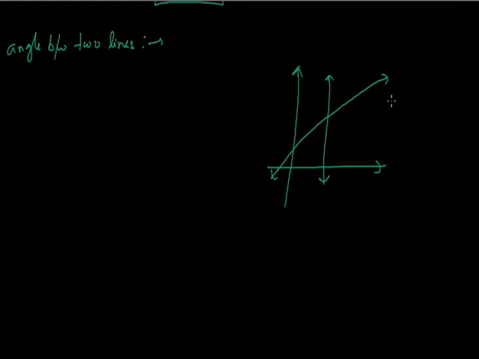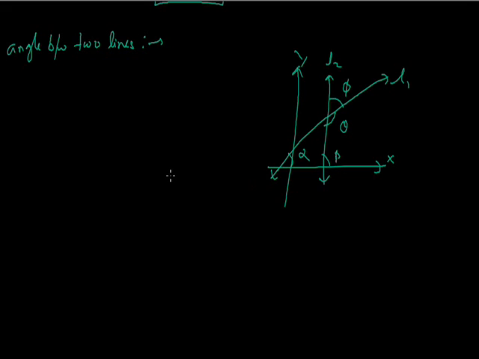Now the next topic is the angle between two lines. How can we find the angle between two given lines? Suppose these are two lines, line L1 and line L2, with the x-axis and y-axis. So here we can see that there are two angles between them. Suppose this angle is equal to theta and this angle is equal to phi. Now suppose the slope angles are beta and alpha.